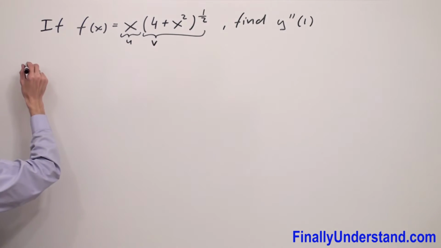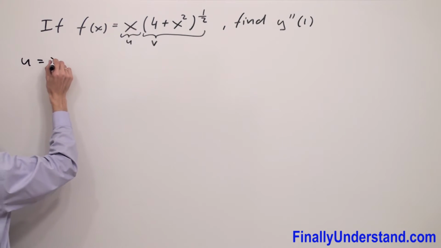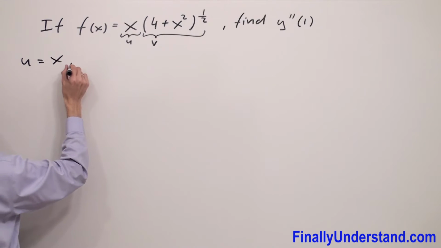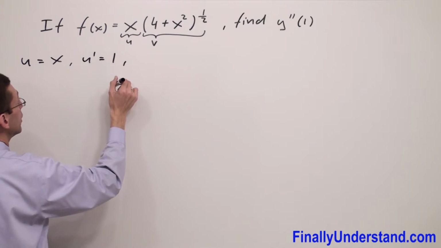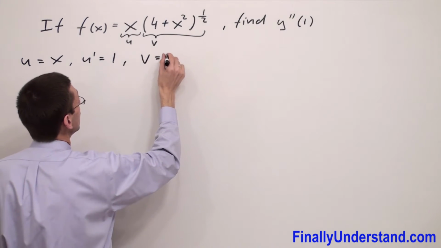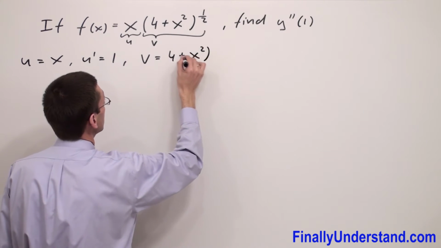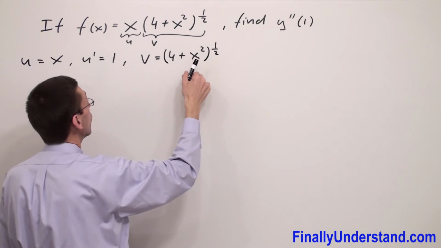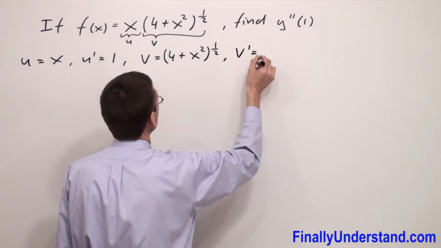So I have u equals x. Derivative of u, let me write this down over here, u prime is equal to 1, where v is equal to 4 plus x to the second power, and everything is raised to power 1/2. So v prime is equal